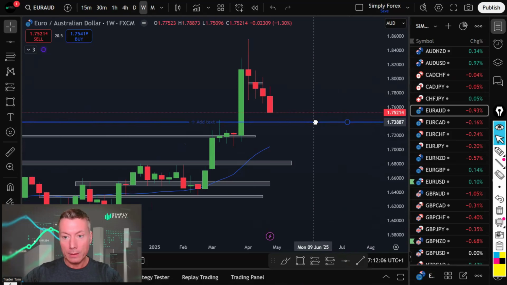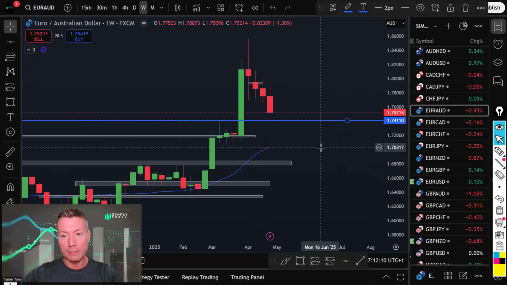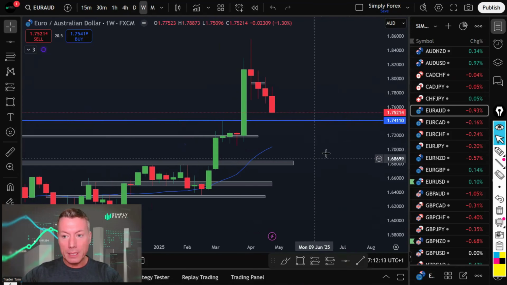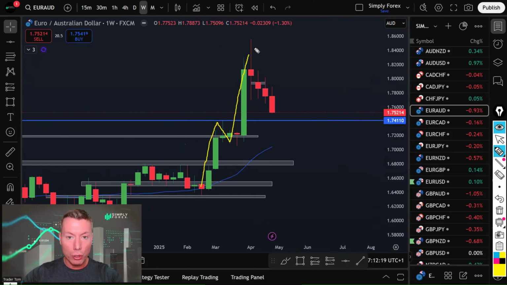1.7400. Okay. Boom. Close enough. There we go. Right. So again, we know the euro was on a tear, right? It was super strong. It became very overextended. And ever since then, we've had bearish-ish candles, right? We've had top wicks, bottom wicks, top wicks, bottom wicks, top wicks, bottom wicks, right? Not super bearish, but red candles.